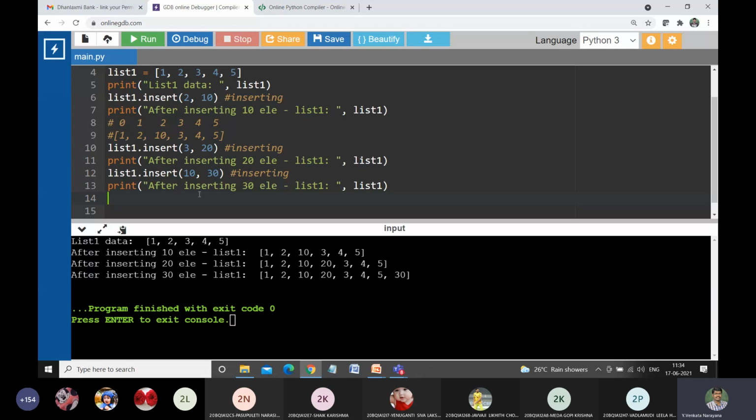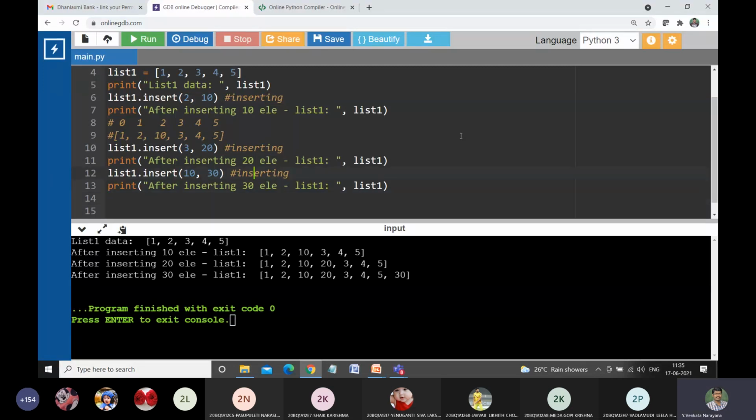So coming to the big picture, whenever we are supposed to add an element at a prescribed position, if the length of the given list is less than the given position, in that case it adds at the end of the list, since the data should not be lost. Whatever data we are adding should not be lost. That is the main motto here.